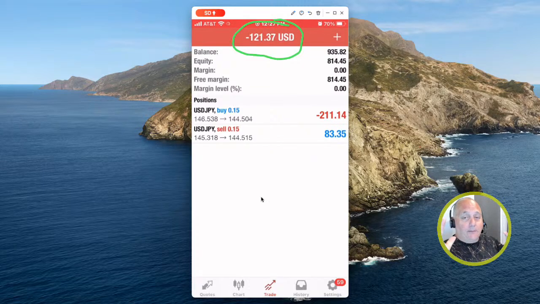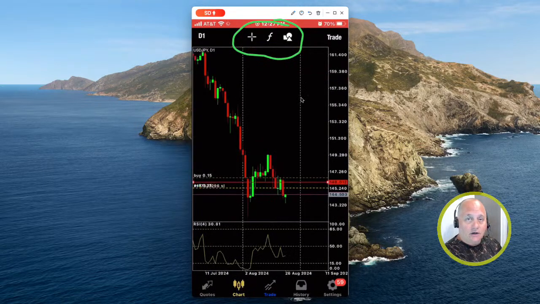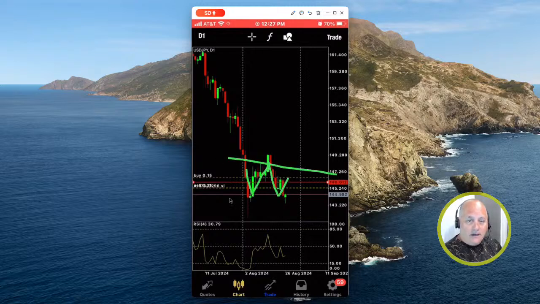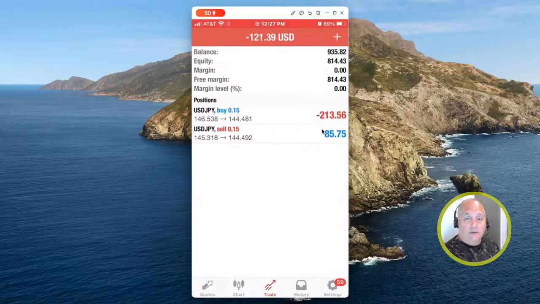So I'm wondering what the market is going to do, because when I go back to the day chart, all it is doing is going sideways. It's in a range right here, and I'm waiting. Right now it's at the bottom of the range. I'm just waiting for it to break out. If it breaks out the bottom, I'll start adding sell trades. If it breaks out the top of this range, which is where my original buy was, it'll be profitable. If it moves in the buy direction,